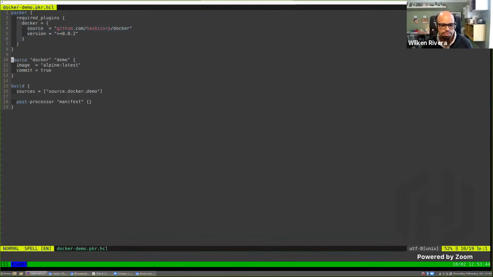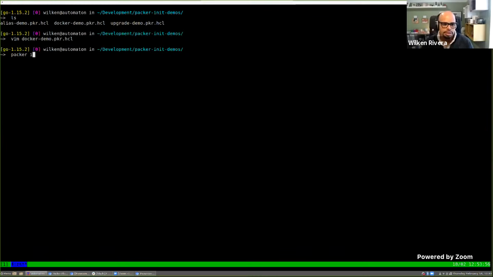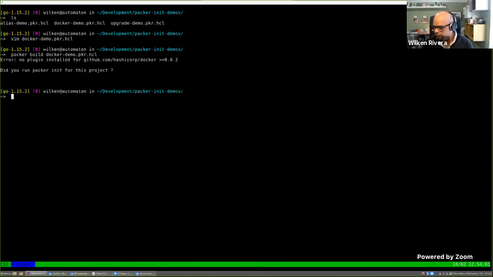We have a source, and we have a simple build with a manifest post-processor. So if I try to do a quick packer build, I should get an error indicating that there is no plugin installed for